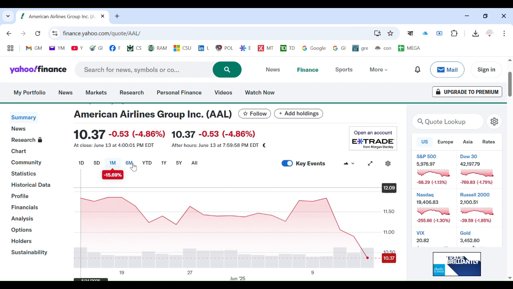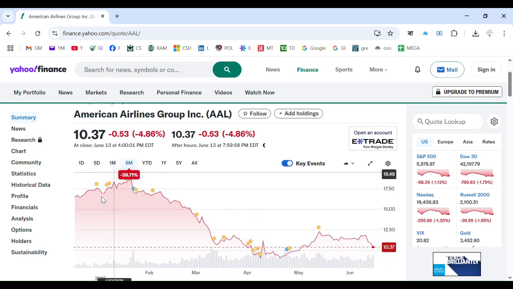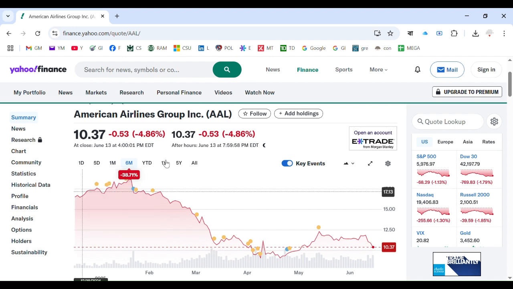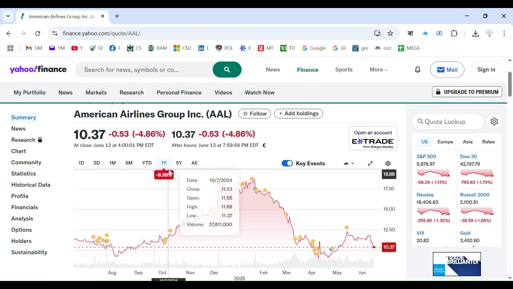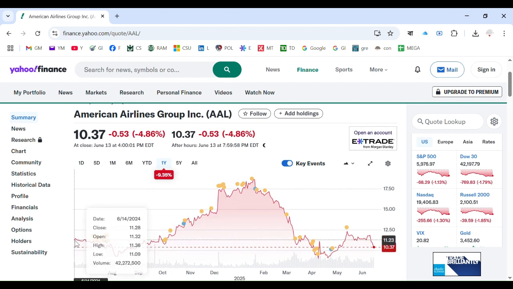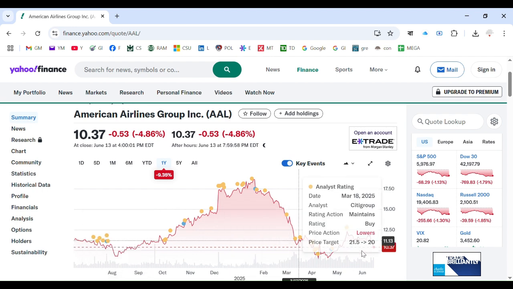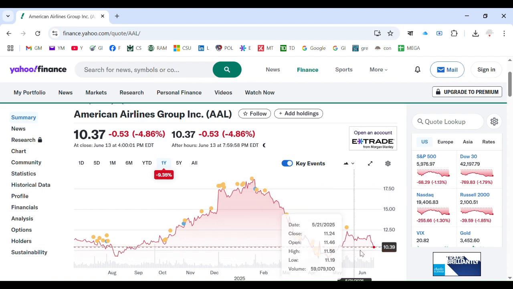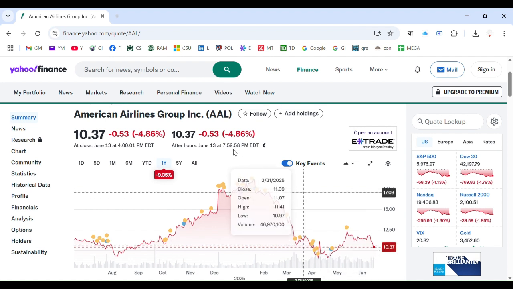What about 6 months? The 6 months tells you the same story. 6 months ago, it was $16.52, which is around $6 higher, which is a big time decline if you consider 6 months. What about 1 year? It has been sideways if you consider 1 year, because 1 year ago the price was $11.28. It is almost there. Because it went up significantly and then again went down significantly, it is in a sideways movement scenario in the 1-year period.